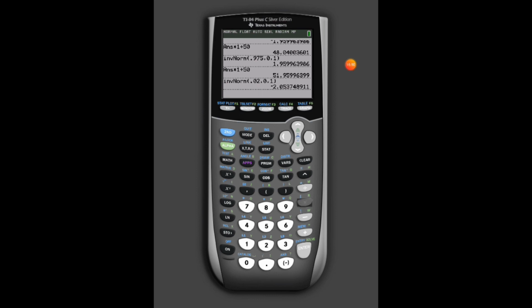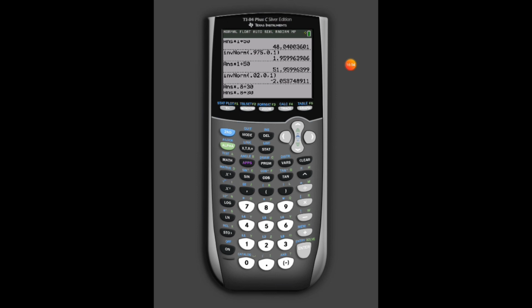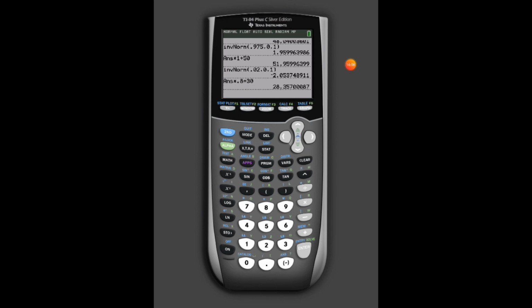I'm going to type times 0.8, and then I'm going to add 30. And I get for A, 28.357. That was a nice one to round. And then we do the same thing again. Distribution, inverse normal, 0.98 instead. Mu is 0, sigma 1, that's it. So that is the z-score. It's the same number as the inverse normal we did for 0.02 because they're equal